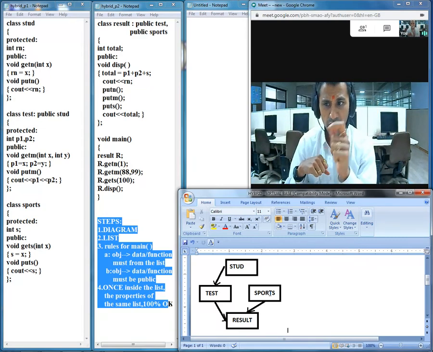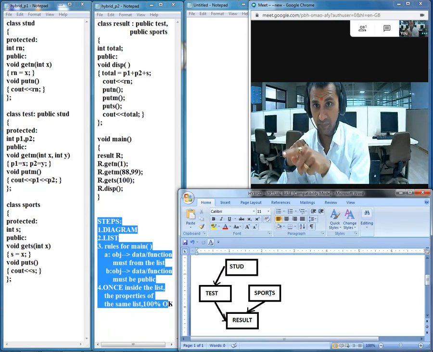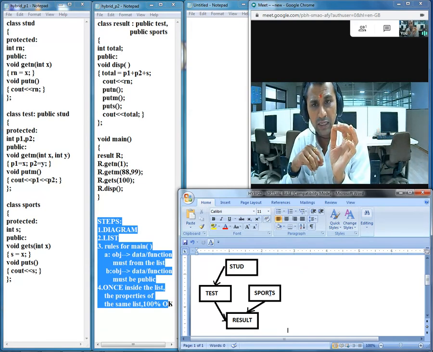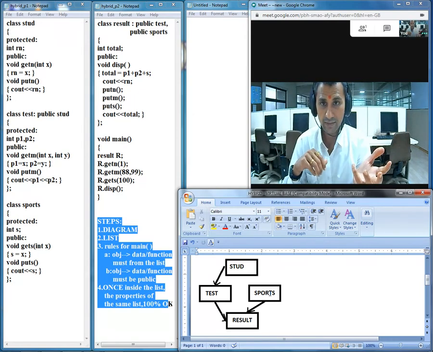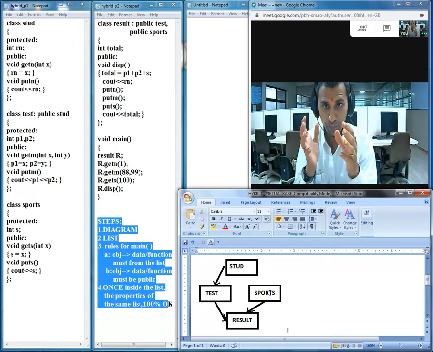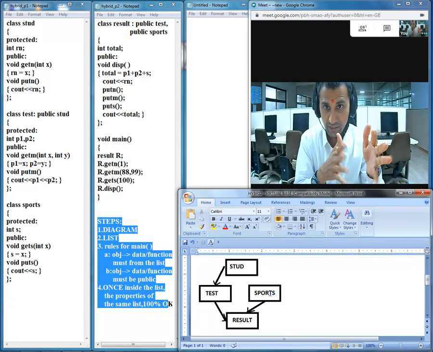So first of all, if you are clear with the diagram, we can try the list. This blank space, this column, is for making the list. Once again, let me clarify the purpose of the list: to keep track of the variables from the base class to the child class. And once you receive those variables, whether in private, protected, or public, where exactly you are going to put them.